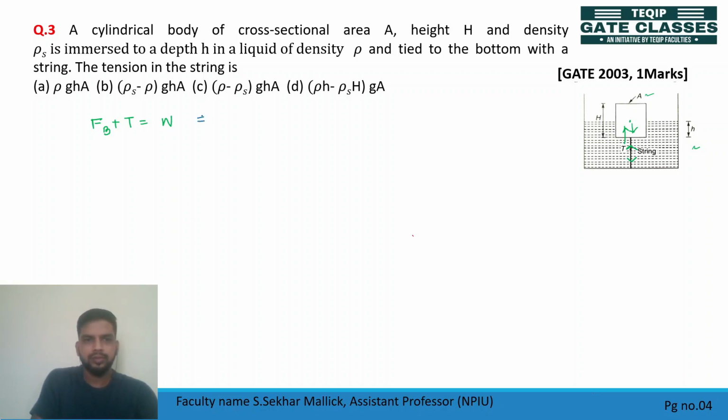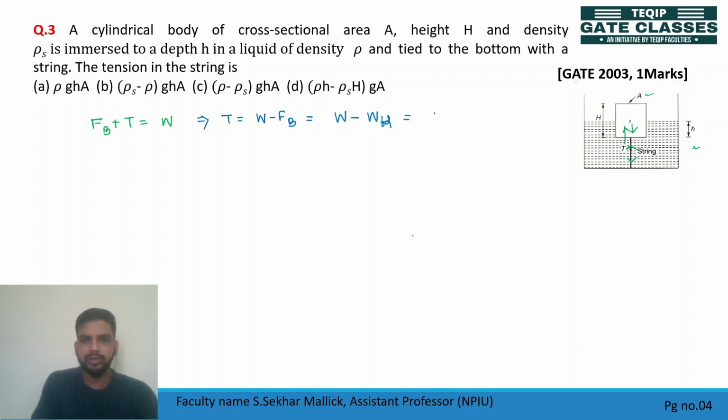So we have to find tension. So tension equal to how much? W minus buoyant force. And you know, buoyant force is always weight of the fluid displaced. Do not write buoyant force equal to weight of the body here, because this body is not floating by itself. With the help of a string, we are making this body float, right? So do not write buoyant force equal to weight of the body and tension is 0, right? Here W minus buoyant force, and buoyant force is always weight of fluid displaced.